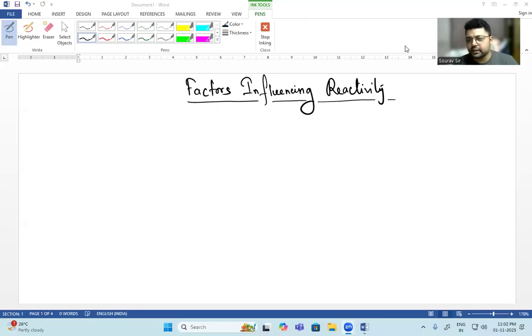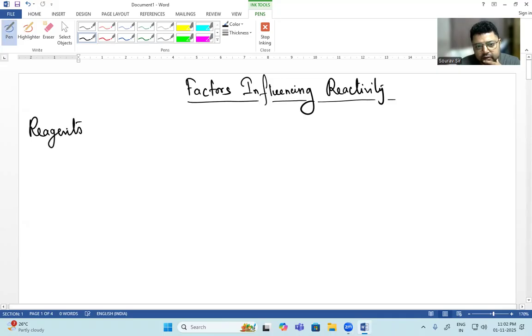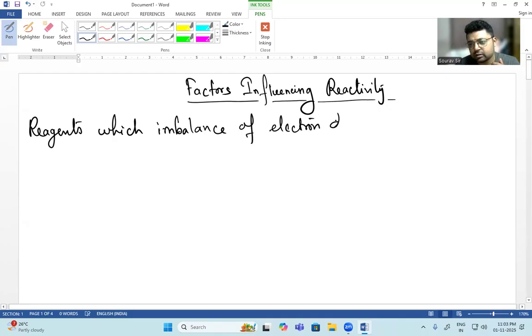Our today's topic is factors influencing reactivity. So what are the factors that mainly influence the reactivity of any compound? See, we can say reagents which have an imbalance of electron density actually